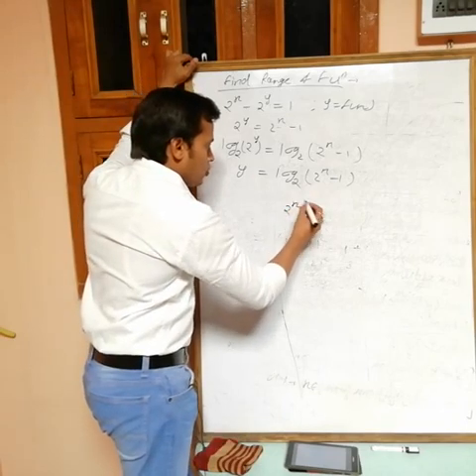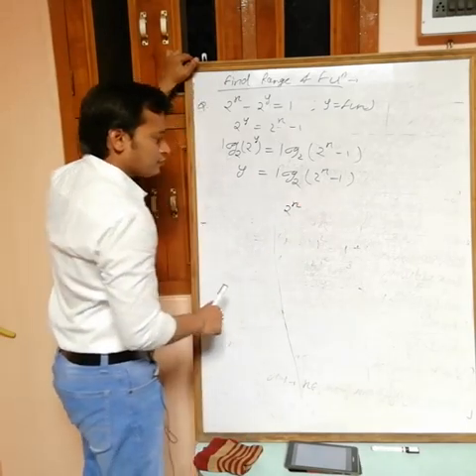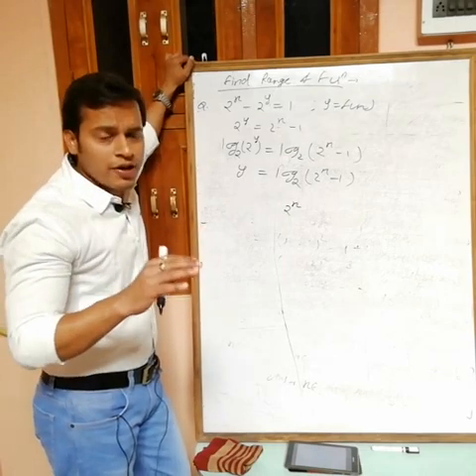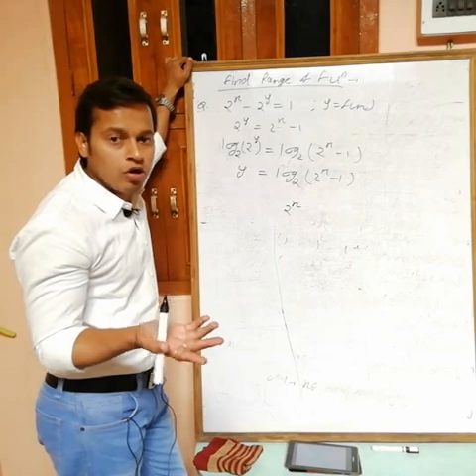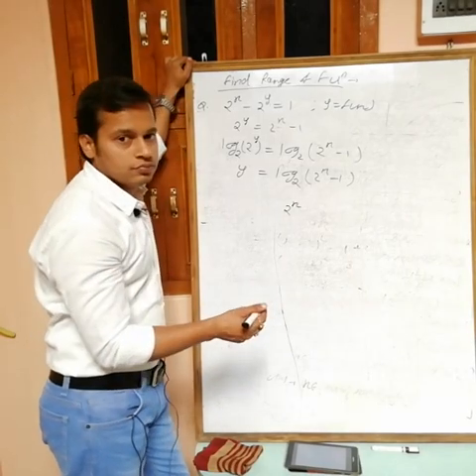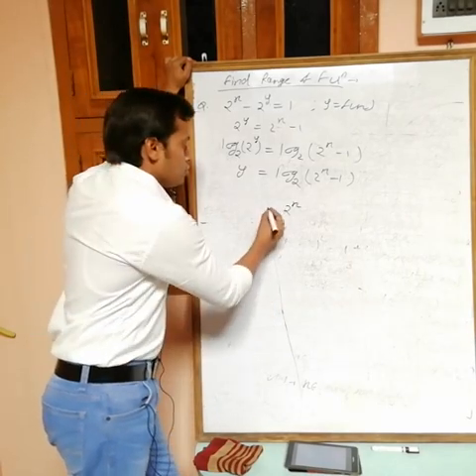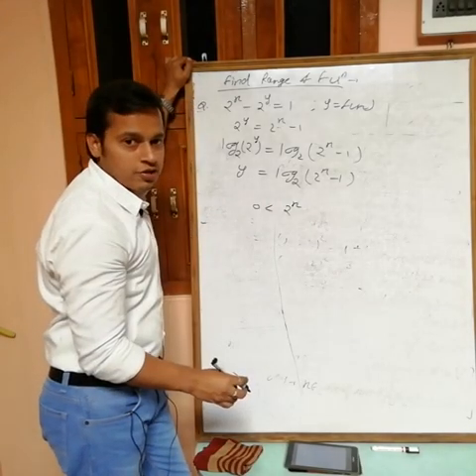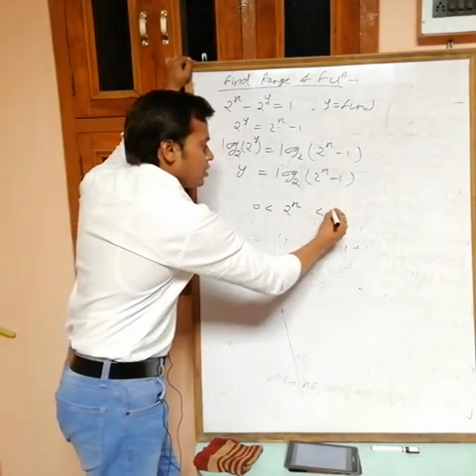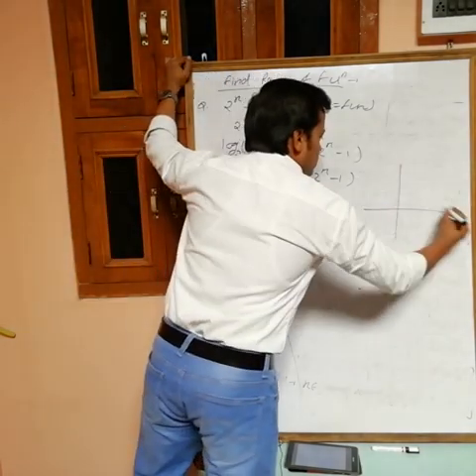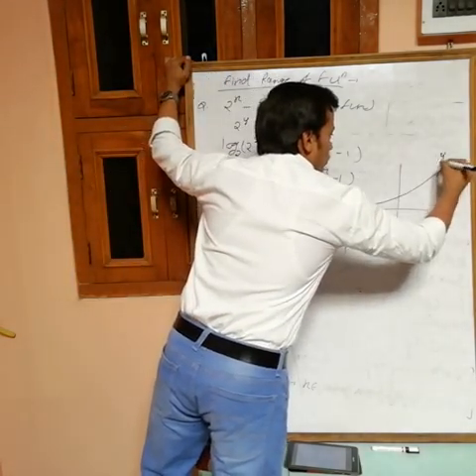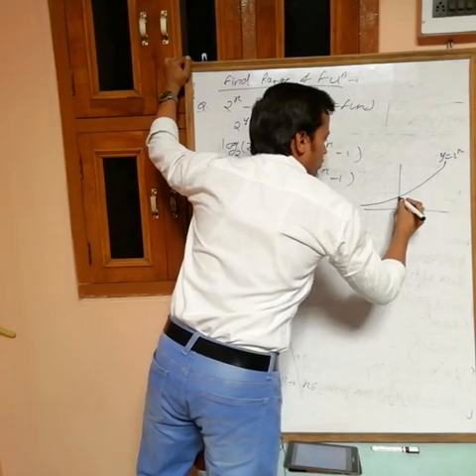So first find 2 power x. Minimum value of 2 power x is 0. Minimum value of 2 power x is 0, obviously, at minus infinity. So the minimum value of this one is 0 and the maximum value is infinity. Exponential function. If you draw the graph of 2 power x, then this is the graph of y equals 2 power x. Okay, this is 0, 1.